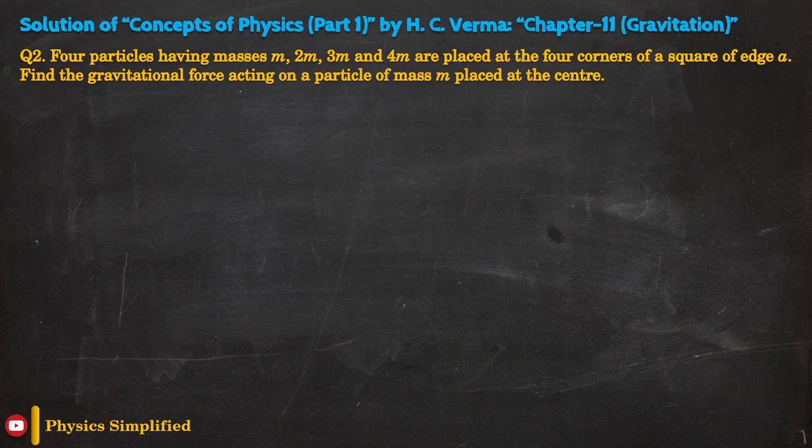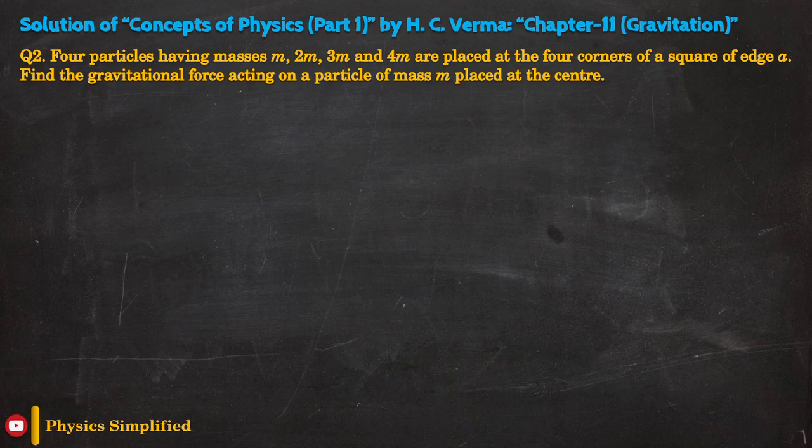Hello students, in this video we will solve the second problem of the chapter Gravitation from Concepts of Physics by H.C. Verma. According to the problem, four particles of masses m, 2m, 3m and 4m are placed at the four corners of a square of edge a. We have to find the gravitational force acting on a particle of mass m placed at the center of the